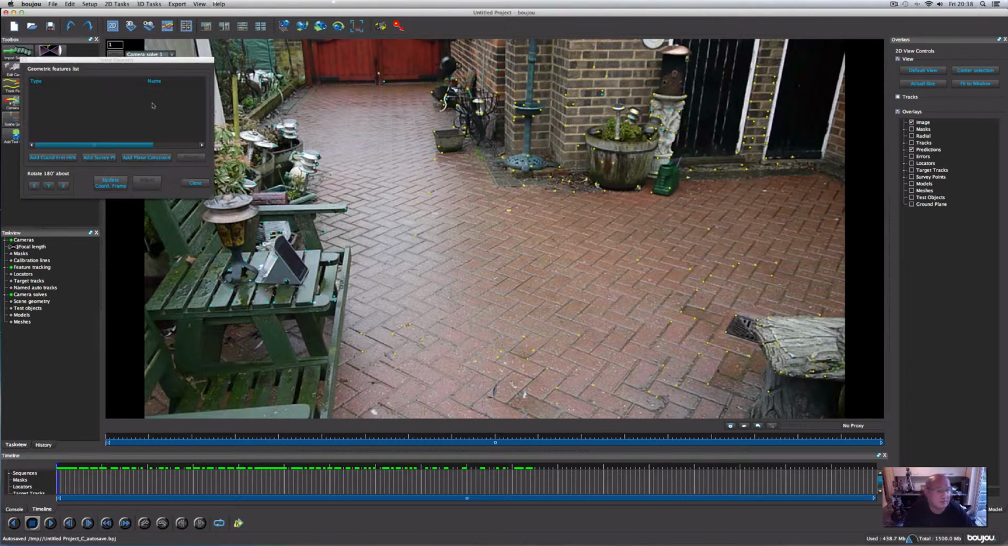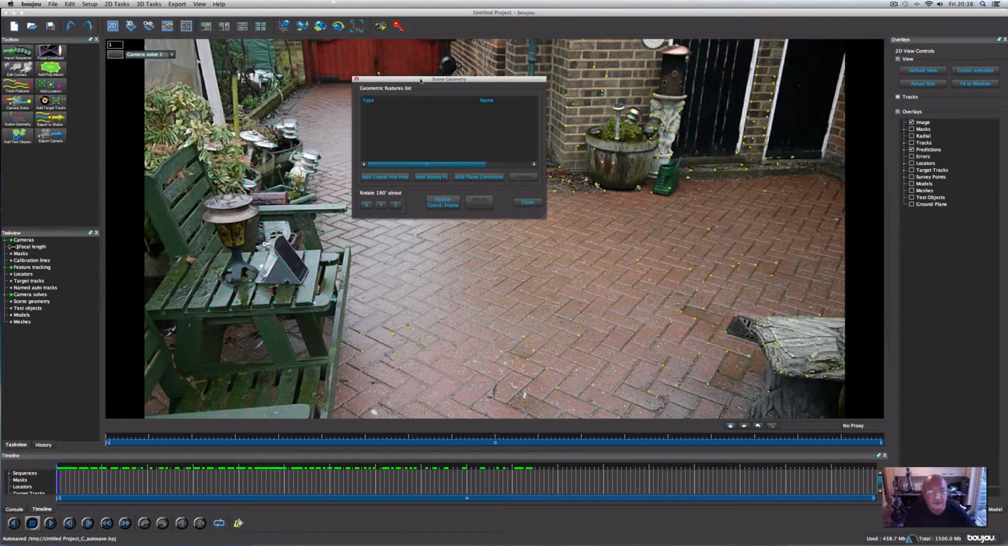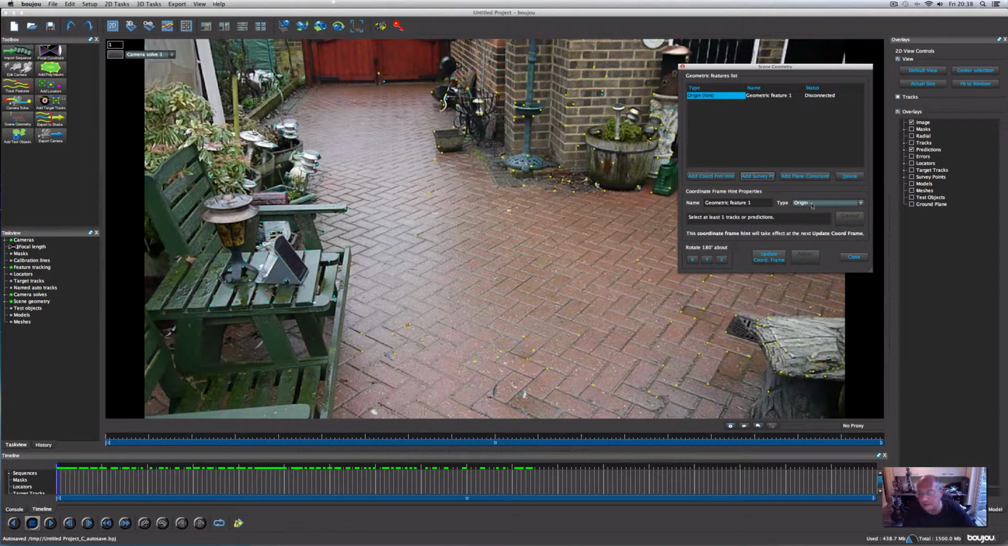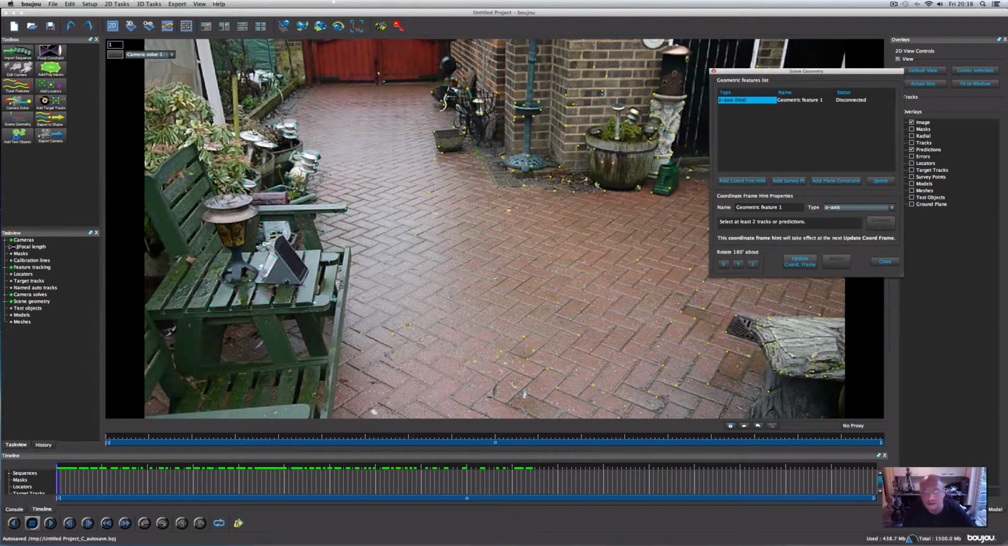Next, go to Scene Geometry and click Add Coordinates from Hint. In the drop down menu where it says Type Origin, change that to X-axis. Now the X-axis is from the foreground to the background, so if we click 1, hold Command, click another one, so we've got 2, click Connect to Selected, then back to Add Coordinates from Hint, click that,